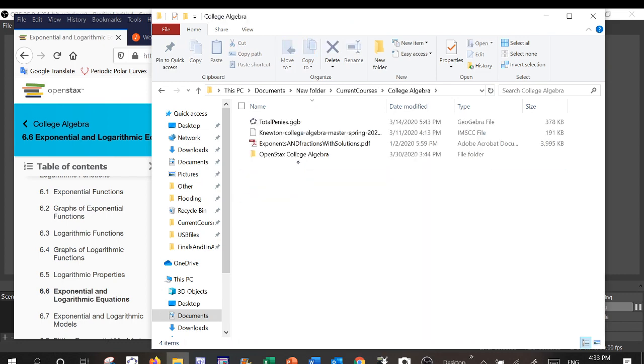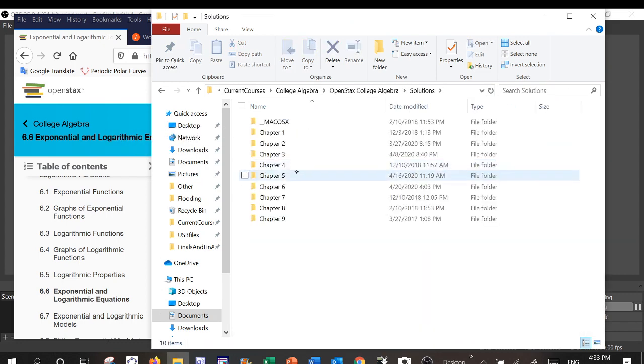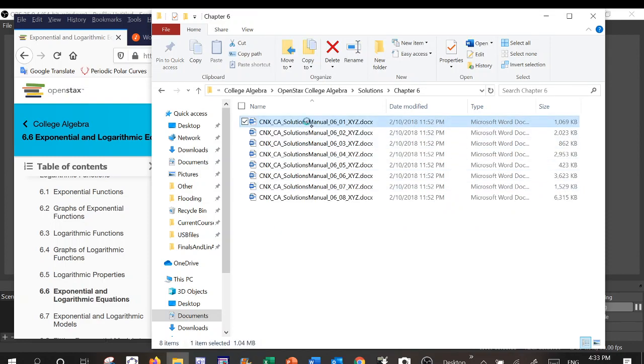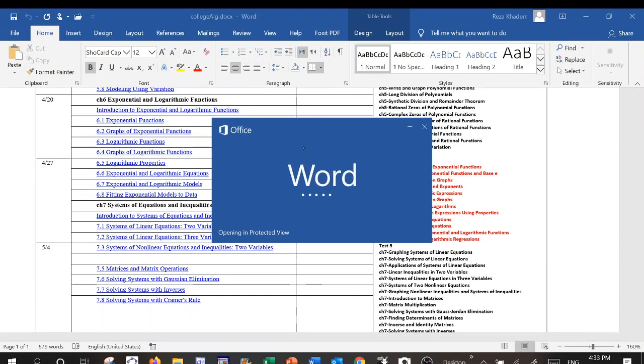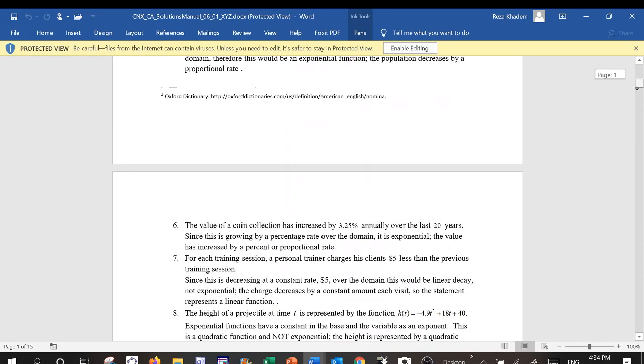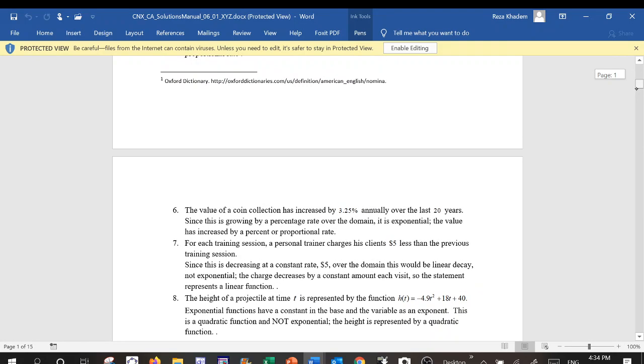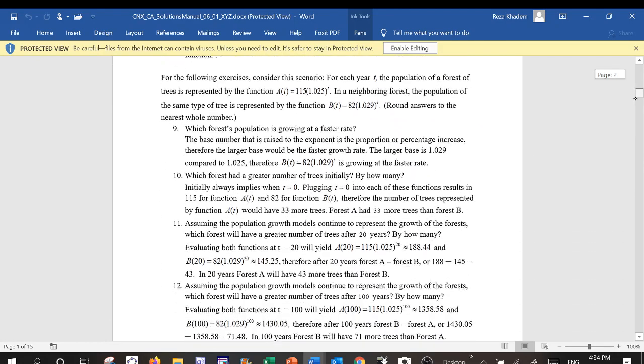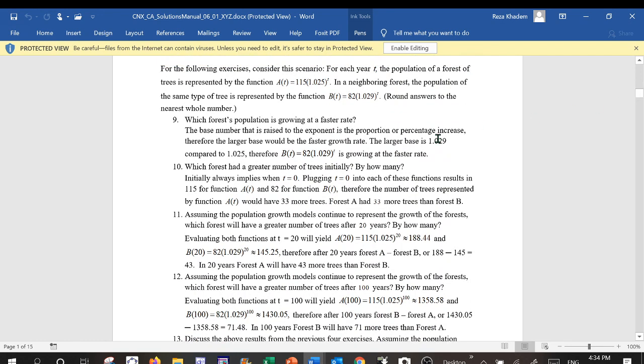Okay, so let me open up some problems from chapter 6, starting with 6.1, and this is our calendar, of course. See, that's the calendar. So let us start with section 6.1, and the first problem I want to do is number 9. But before I do any of these problems, I'm going to talk about